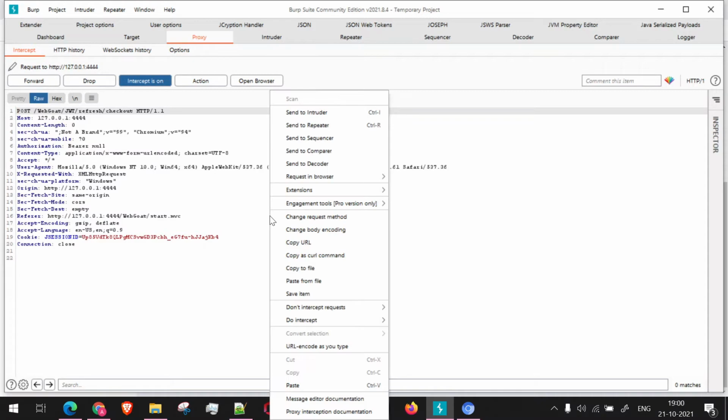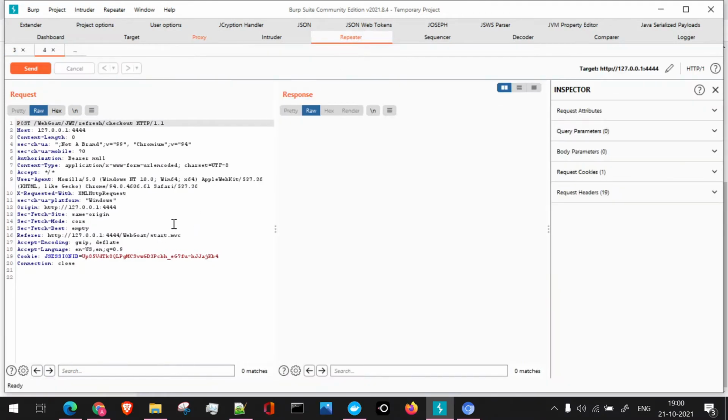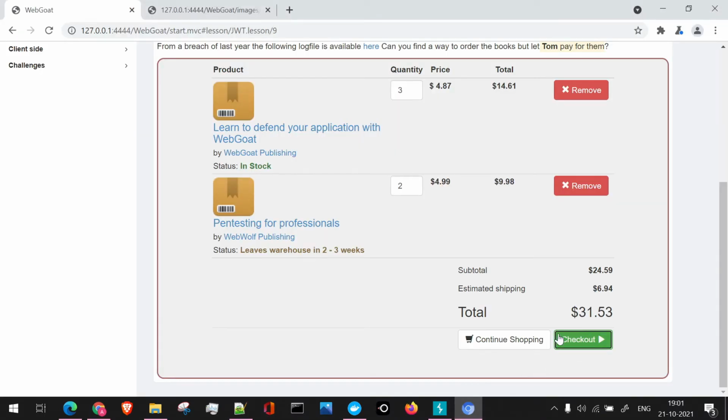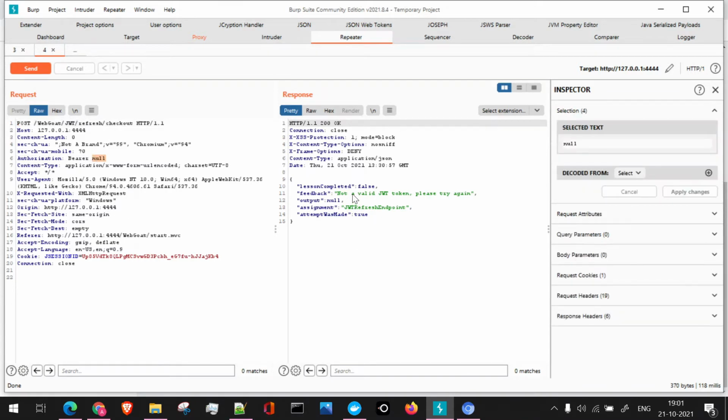If I send the same request to repeater and click on send, we see a message: not a valid JWT token, please try again later. So we have to use a valid JWT token. In this request, the authorization is set to null, which clearly shows that this token is not valid.